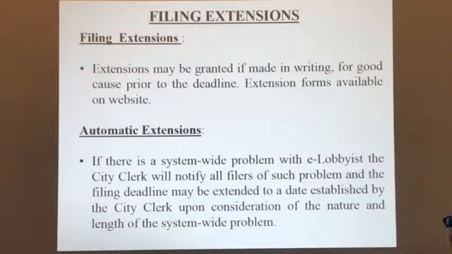All right, some good news. We do offer filing extensions. They're liberally granted, really for any reason, as long as you ask before the deadline. The form is on our website. Just one note, we are a government agency. Our hours are 8:30 to 4:30, so if you email me at 10 o'clock at night, you're not going to hear back from me. So the filing deadline is 11:59 of that day, but contact us during the day. That way you'll receive confirmation that you've received the extension.